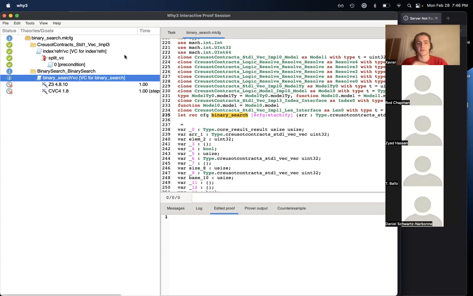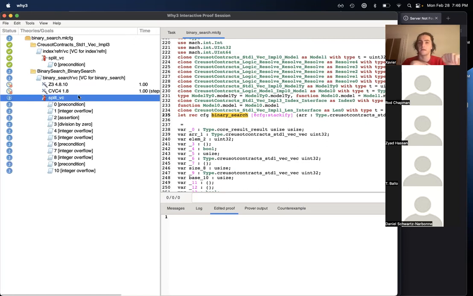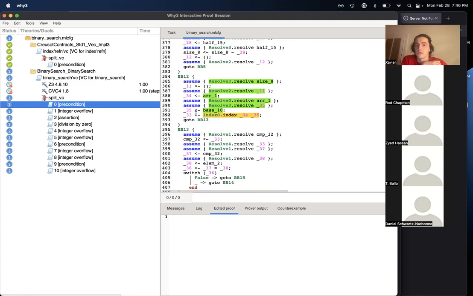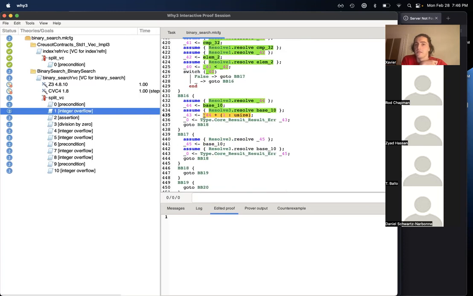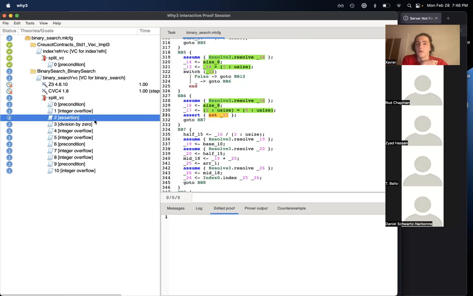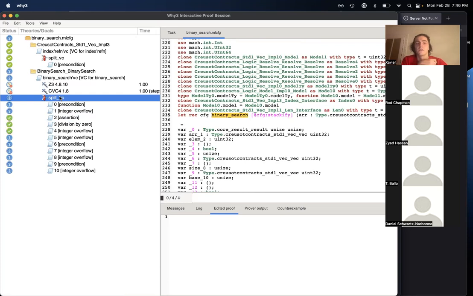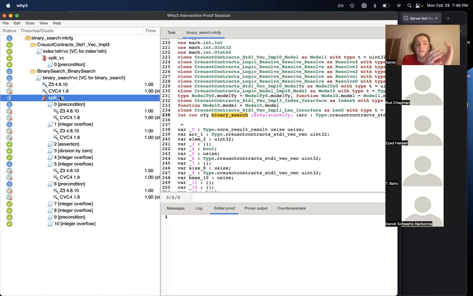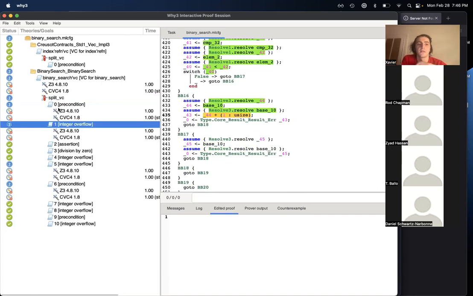And so we can attempt to simplify things a bit. So we run this split tactic, and it takes our original big proof obligation for binary search and breaks it up and hopefully labels each condition for us. So we can see, okay, here we have a precondition on this function index. We have an integer, we have to check for an integer overflow here. We have a bunch of checks, and we can run the provers on it. We can see they can handle a lot of the integer overflow, a lot of these kinds of basic conditions, but they're not able to handle everything.